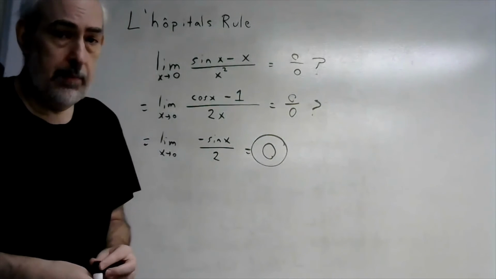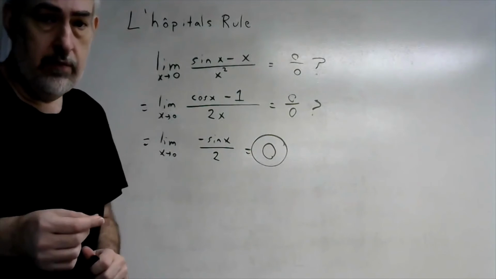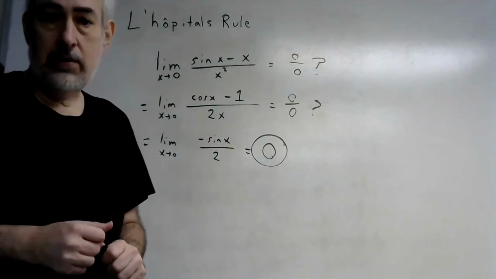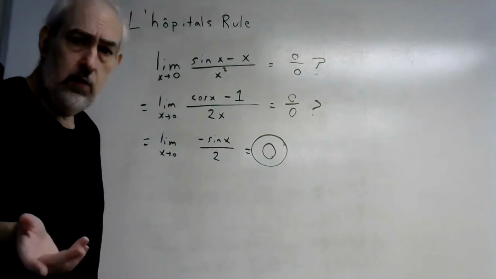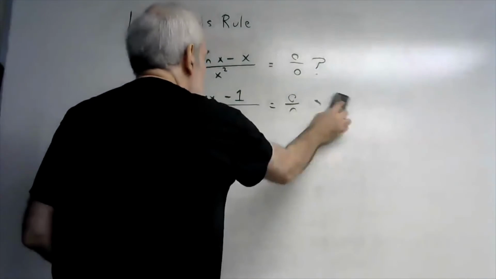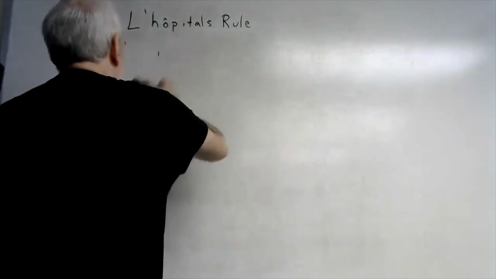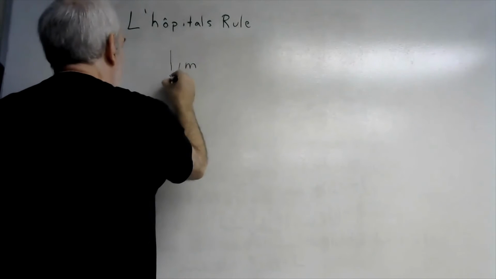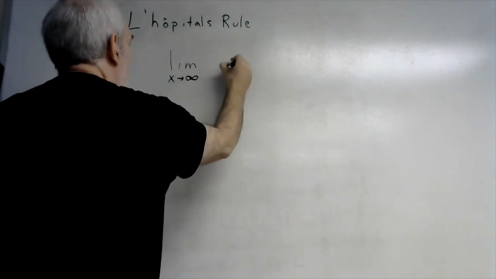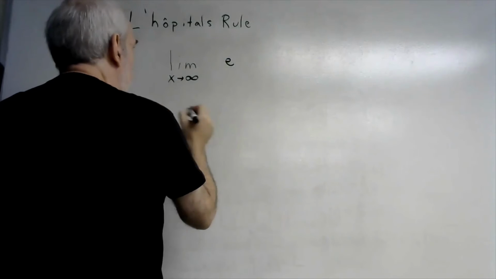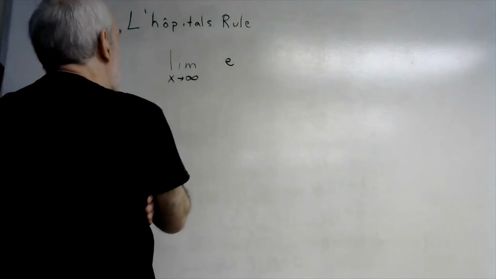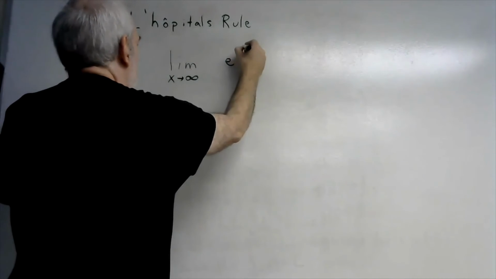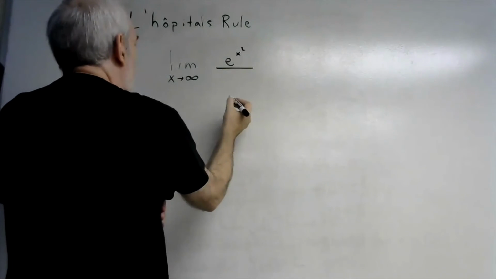Now, L'Hopital's rule can apply to more than just the 0 over 0 case. It can also apply to infinity divided by infinity. Okay, let's do one example of that. So let's say we're doing a limit as x approaches infinity of e to the x squared over